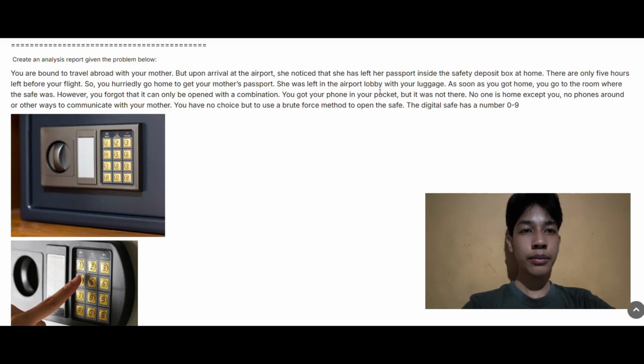The learning task is about understanding how the brute force algorithm works in a real-life situation. In the given problem, a passport is locked inside a digital safe at home. The safe can only be opened using a pin with numbers from 0 to 9. There is only a limited amount of time before the flight, and there are no other ways to open the safe. The learning task shows how the brute force method works by trying all possible pin combinations until the correct